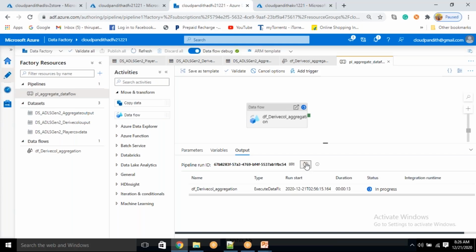It may take some 30 to 40 seconds, not more than that, because your debug is already turned on, otherwise it will take some 6 minutes. But you have already turned on this data flow debug, so it will take less than 40 seconds. We'll see how much time it is going to take. Yeah, so it took less than 40 seconds, it took 34 seconds,